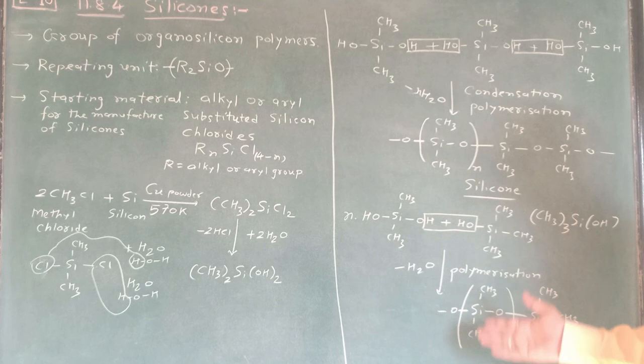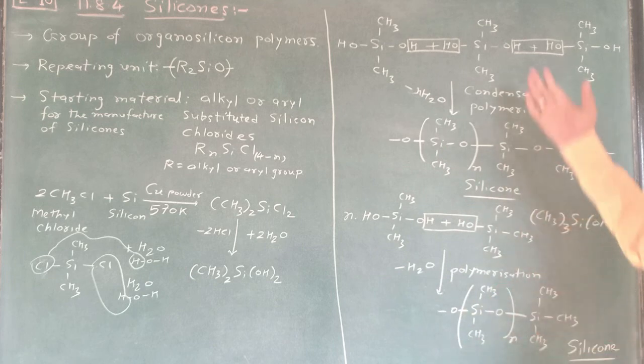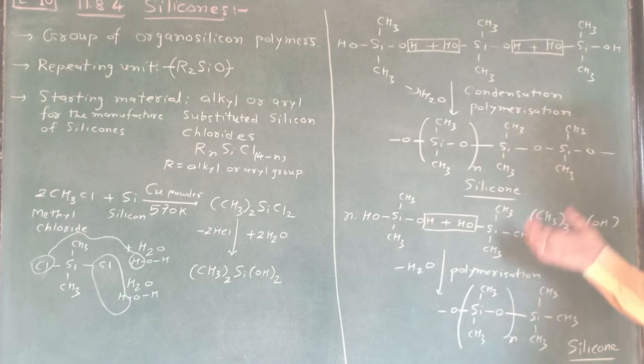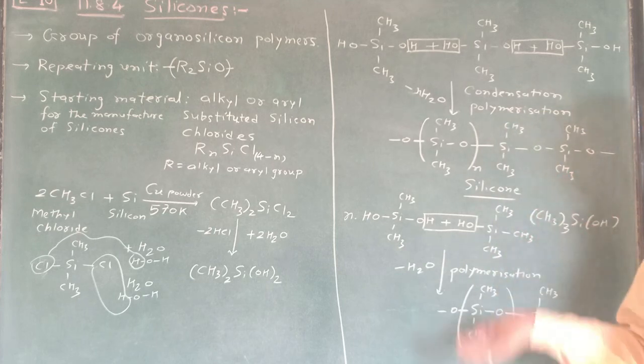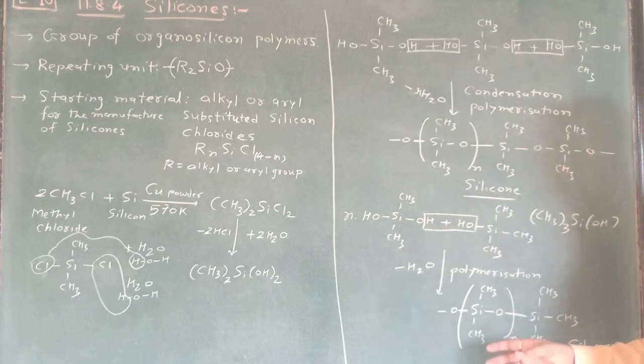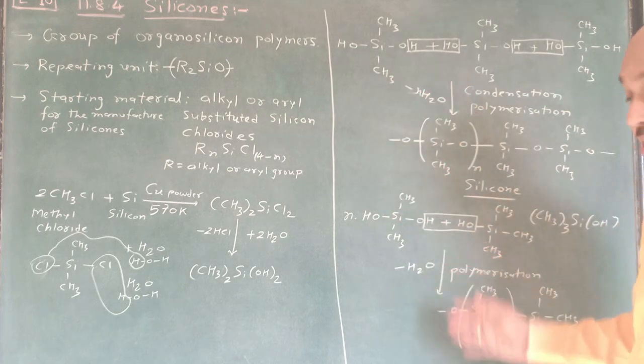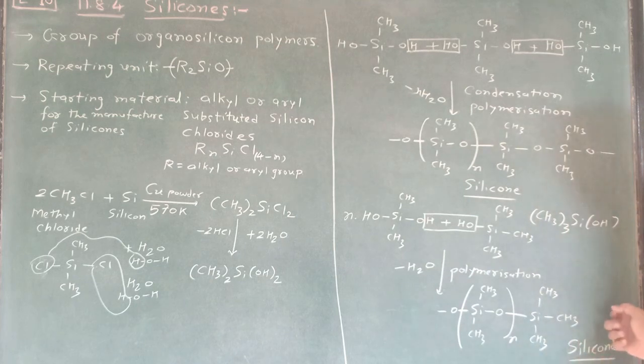Now we see the properties and uses of these silicones. This reaction is very easy. If you write it completely, then it becomes very easy for you. Write it 5 times and 6 times, and then try to write it yourself. That is your marking, that you know this reaction or not. So take a screenshot of this and write it completely.